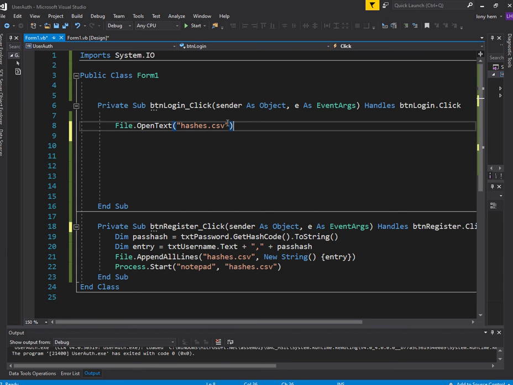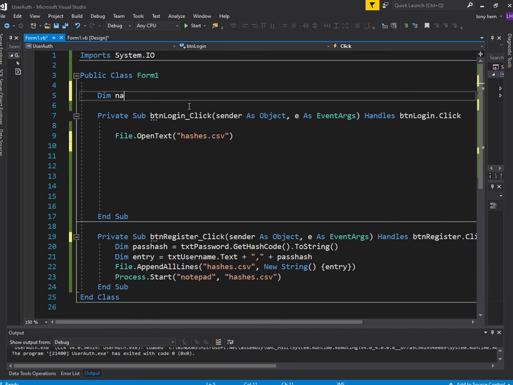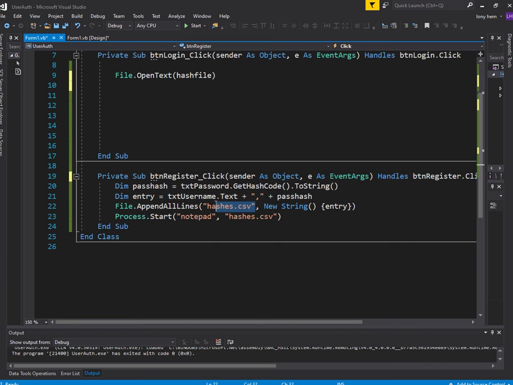Right. And you notice I'm using this more than once here. So really, it's not good practice for me to keep hard coding that. What I really should be doing is file hash file equals to hashes, right? A hash file is equal to hash.csv, and then just use hash file everywhere. There,